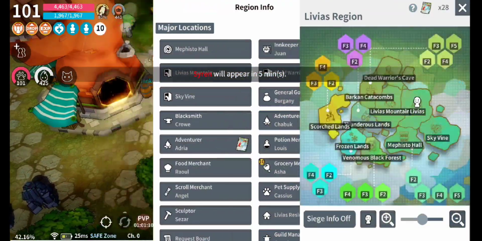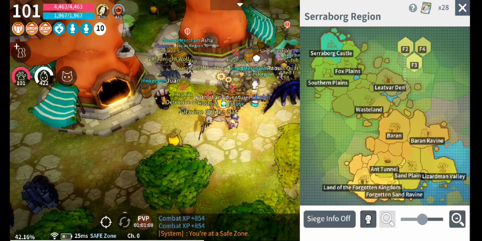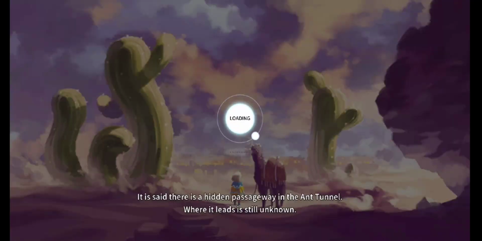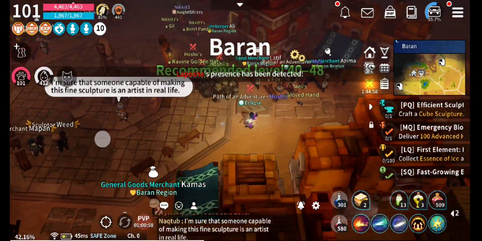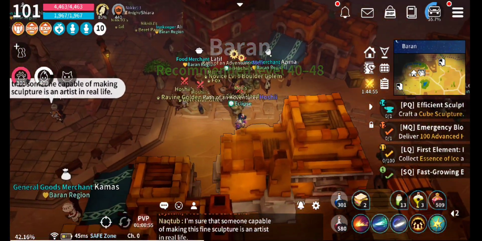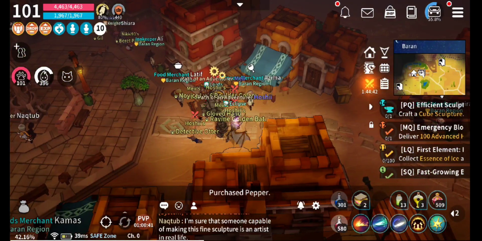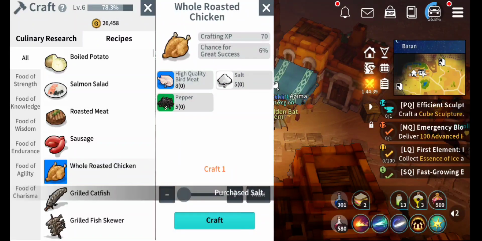But where you can go to get salt and pepper is in Baran. You're going to go to the inn. If you teleport to the inn, it's going to have a loading screen. Now I'm doing this whole thing in one take, so you're going to see the loading screens come up. But if you come over to Baran and talk to Azima, you're gonna see pepper and salt, which costs a little bit of gold coins, not too much. So it's very cheap to make whole roasted chickens,